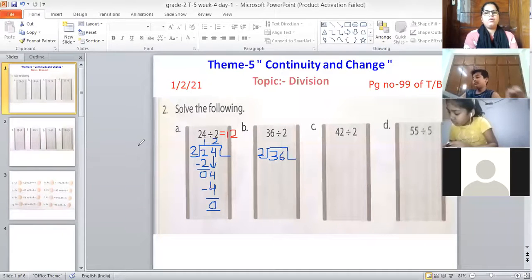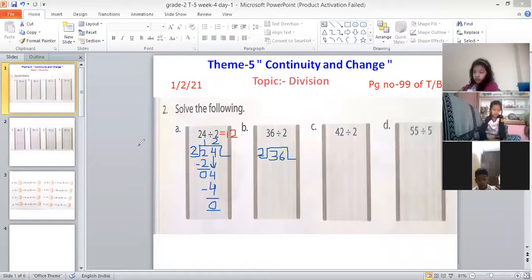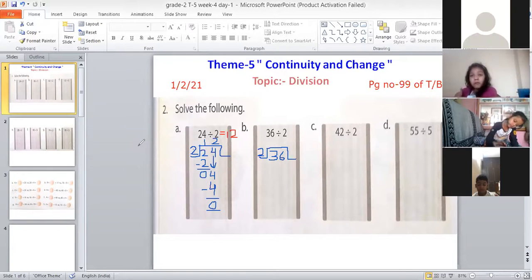Now after the division symbol, the number is 2. So we'll be recalling the 2 table here, right, Riyansika? Yes, ma'am. Riyansika, now the digits are 3 and 6, right? Now you tell me, will we take 3 at a time or will we take 3 and 6 together? 3 and 6 together. Why are we not taking only 3?